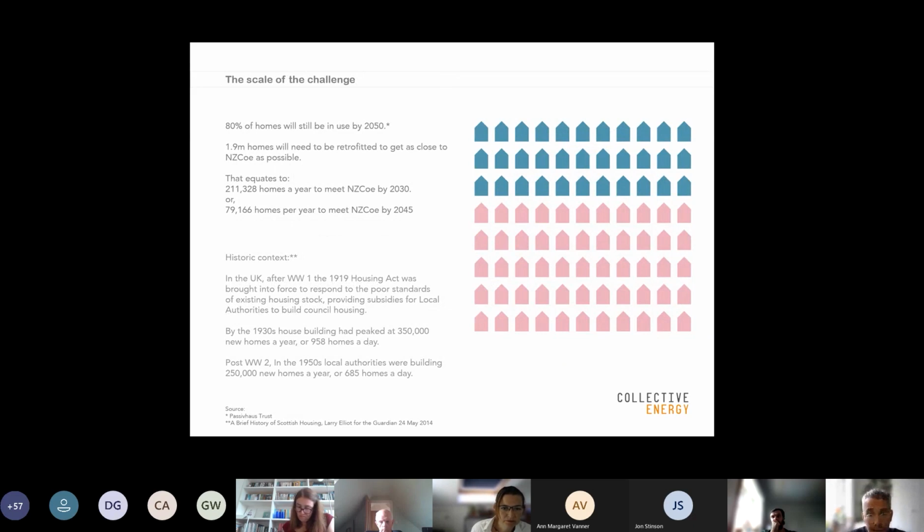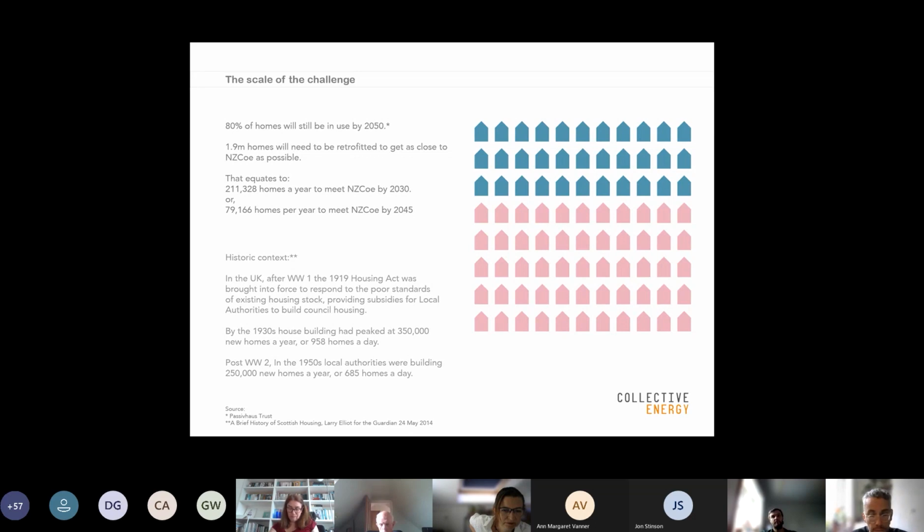So that equates to the scale of the challenge. If we're going to retrofit all of those homes, we need to be doing 211,000 homes a year by 2030, or nearly 80,000 homes per year to meet that challenge by 2045. So I think those are pretty daunting numbers, it has to be said, but that is the scale of